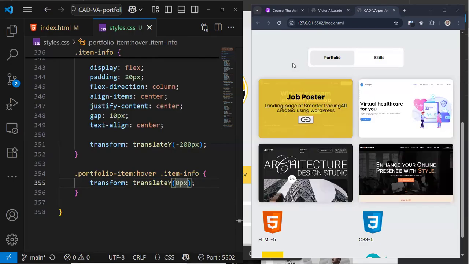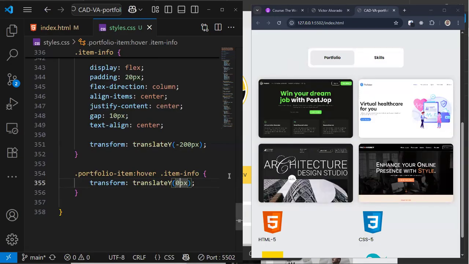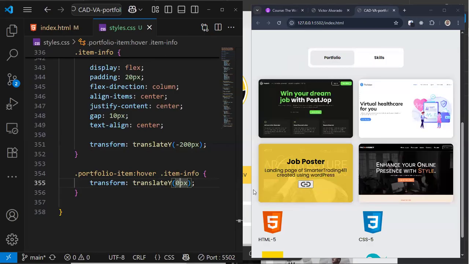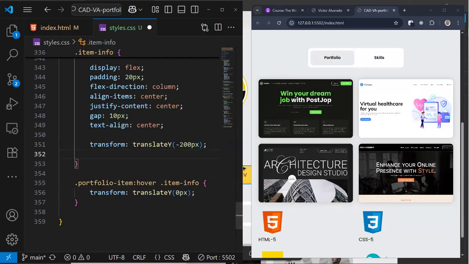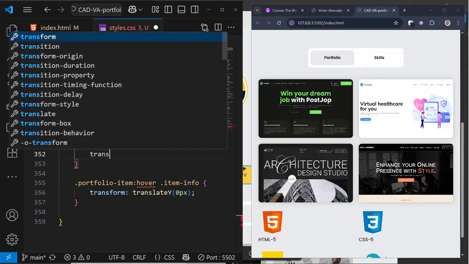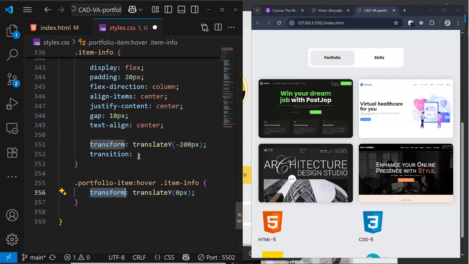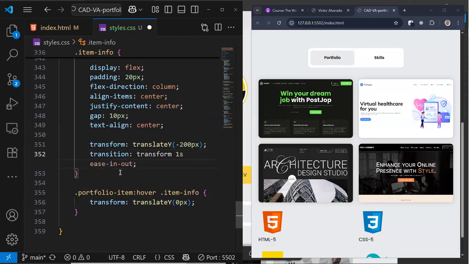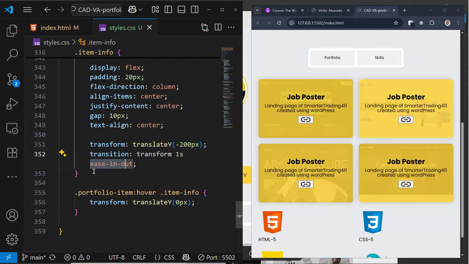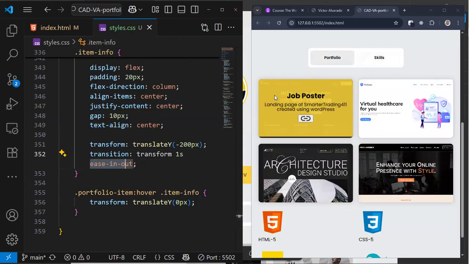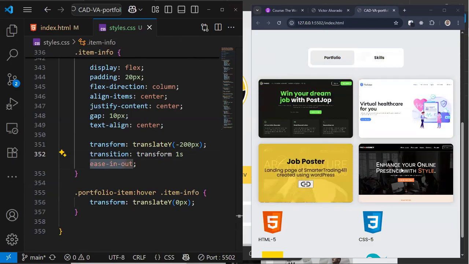So you see that it drops from the top to here. But now we want to smoothen this transition so that it looks sexy. And then we use transition. So what are we transitioning? We are transitioning the transform property. So we write transform here, and then we're gonna do 1 second. And then the timing function we're gonna use is the default, ease-in-out. Then if I press here, you see now that they are dropping and hiding smoothly,